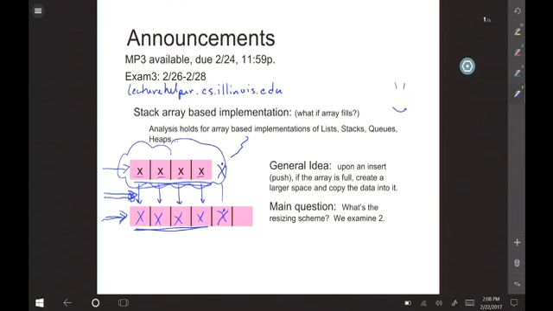Yeah? What about the scope of the second array? The scope of the second array is going to be exactly the same as the first. In fact, from the code's perspective, after you're done with this mechanism, that second array will be the first array. It'll replace the first array. Okay? Does that make sense?